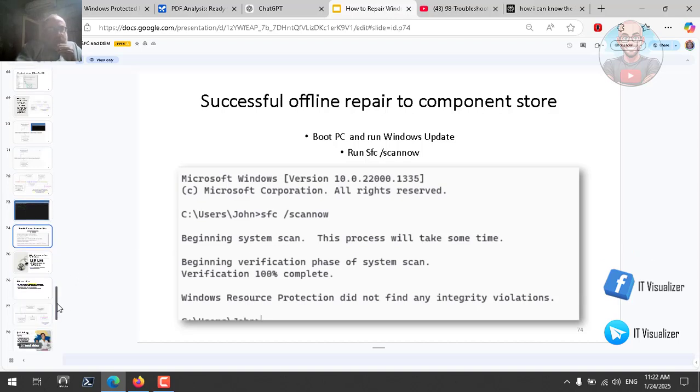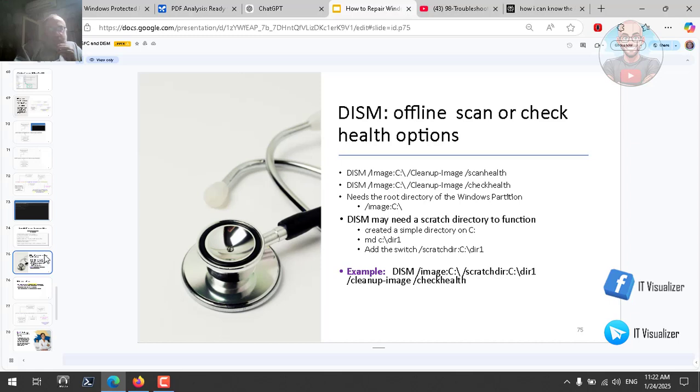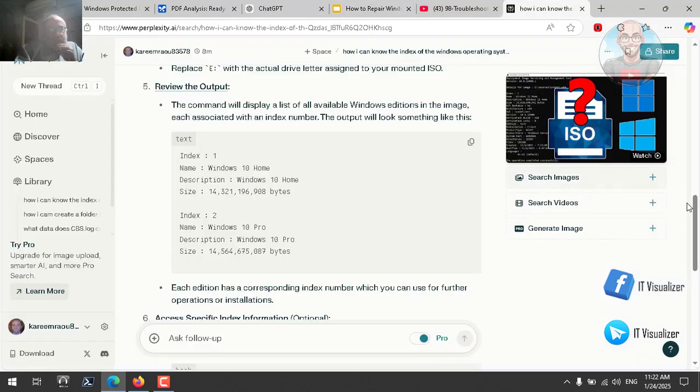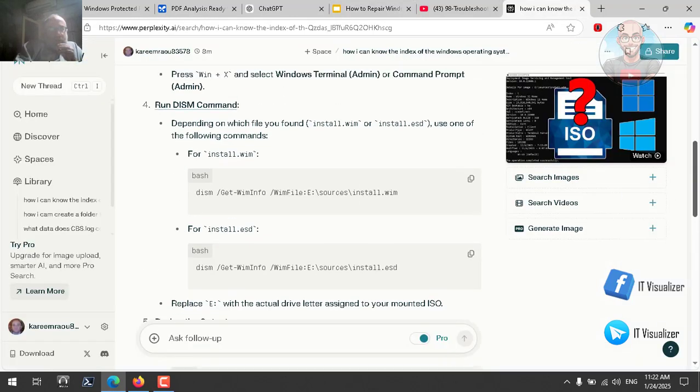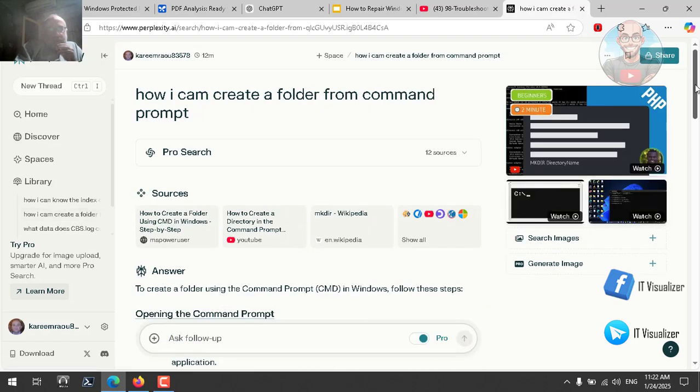If we continue working with the slides, DISM offline scan or check health options, we have seen this: scan health, check health. It needs the root directory of the Windows partition. Okay, this is it. This may need a scratch directory. We have seen this. This is md or make directory, mkdir, or this is how we can do this. If we go and tell it to create a folder, you can tell it